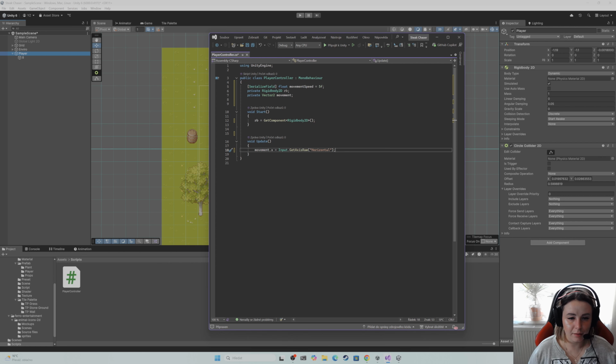This x-axis is responsible for our movement to left and right by A or D, and then we should create this movement.y is equal to Input.GetAxis Vertical, and this part like y-axis is responsible for movement with